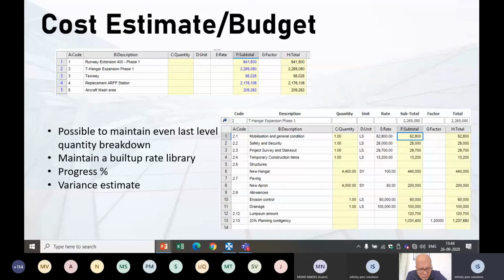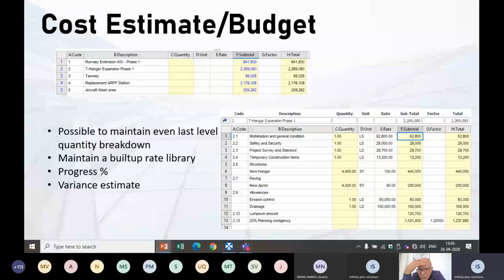So we have seen the quantity takeoff part. When it comes to cost estimation or budget preparation, here in Costex we can prepare our complete estimate for our airport elements. We can prepare our complete estimate as per the drawing for runways, hangars, taxiways, aprons, etc. And the quantities we have calculated, we can also break down to the least level. And here we can prepare a rate analysis. Rates can be automatically imported from Excel, region wise.